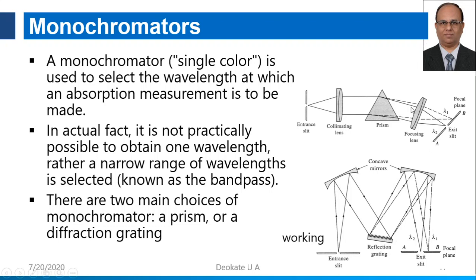Then the next component is a focusing lens or focusing mirror. It has the ability to focus the radiation to the focal plane. The focal plane is the distance where this radiation gets concentrated. This distance is called the focal length, and this is called the focal plane. At the focal plane, an exit slit is situated with a similar rectangular aperture. So the light will come out through this exit slit when the radiation is focused by this focusing lens. So this is the device with such five components. It is a monochromator, meaning single color. Mono means single, chromator is color.